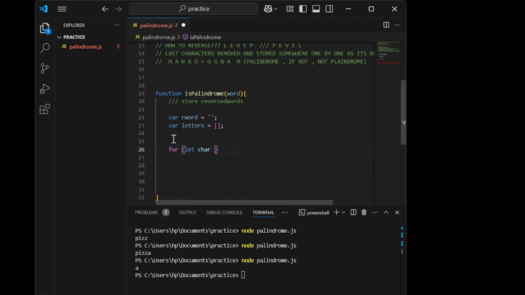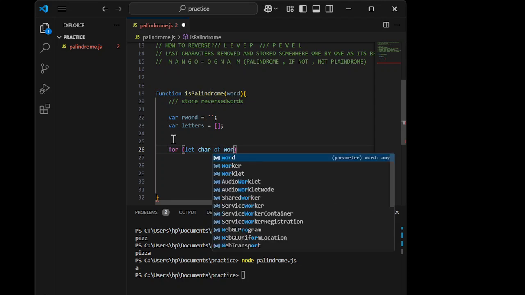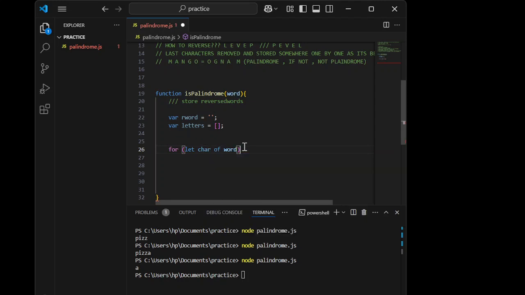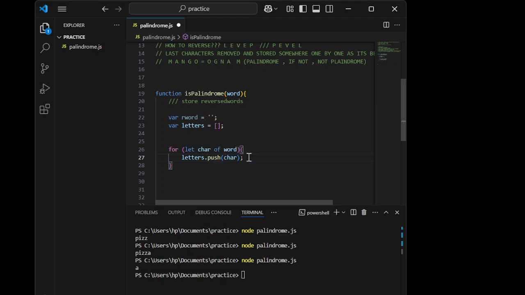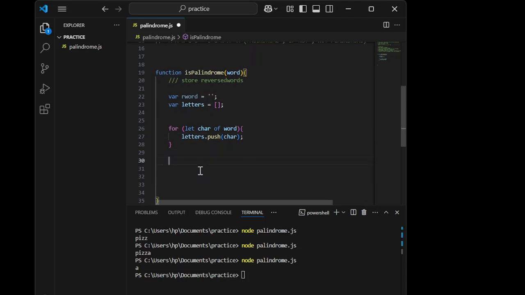So let's go for let's characters of this word that we've passed in. Character of our words. And then we're going to push them into letters. Okay. And again, because we're going step by step by step, we're going to console log letters. And I just want you to see now that indeed,